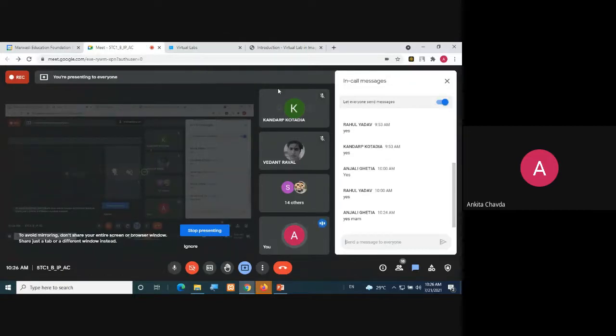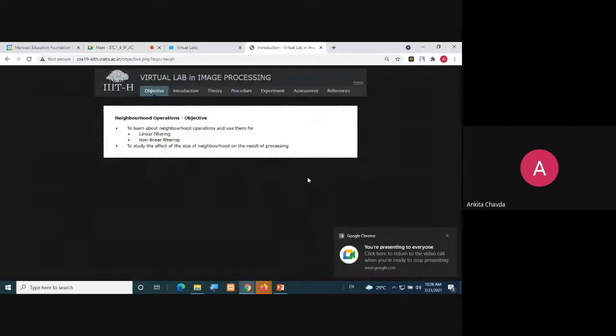Fine. So the next experiment that you can choose is neighborhood operations. The point operations, the image enhancement techniques that we are learning right now, like piecewise transformations and intensity transformation functions, and the log that we learned, we will do next time.